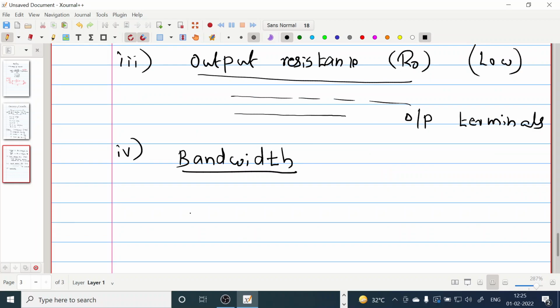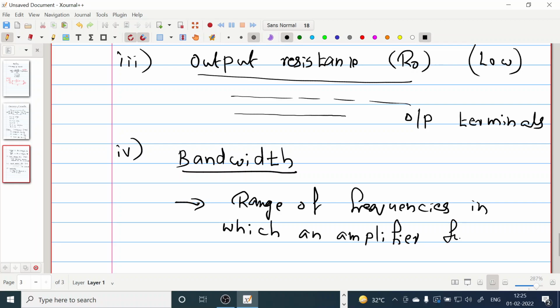Okay, this is the range of frequencies in which an amplifier functions